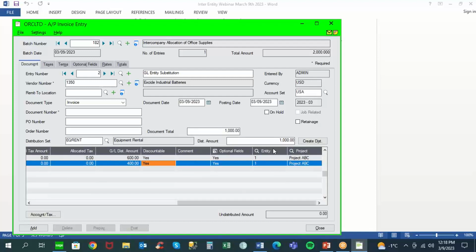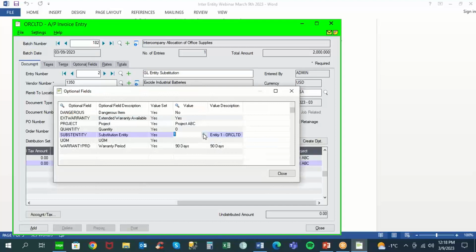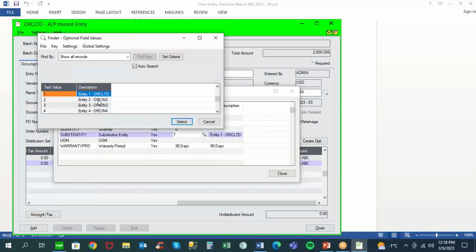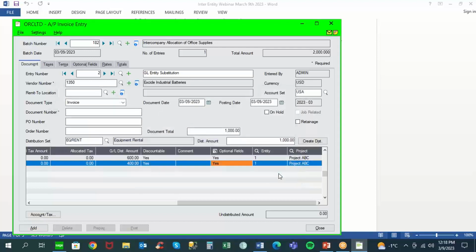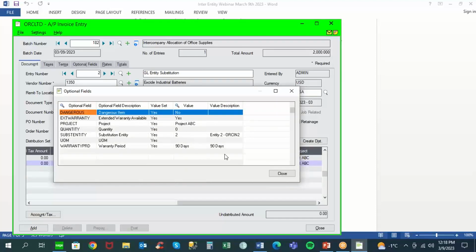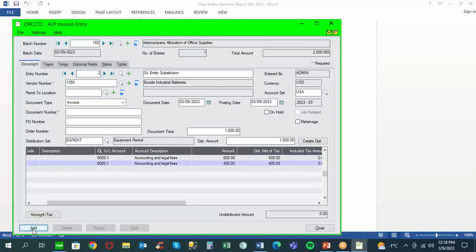Now, because we've used Extender to put the optional field into the grid, this may not show exactly the same way in your sample company. But the point here is that we're using this entity code to determine which company that allocation is going to. So when we save the optional field, we want the entity to show here as 2, not 1. And then we will add that entry